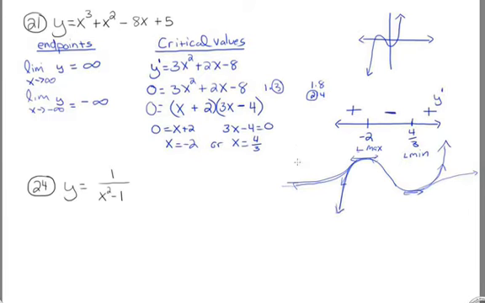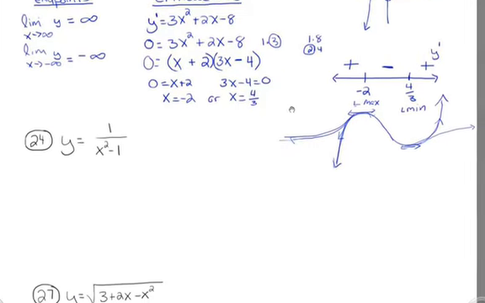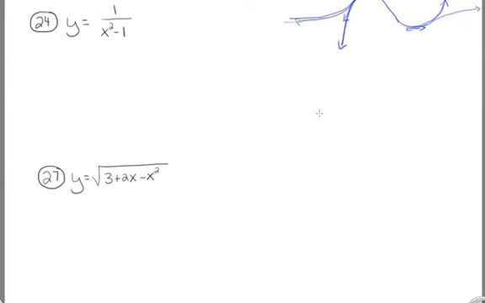So let's push on and do the next problem, even though we're at the 8.5 minute mark. And we'll do this one. We'll see if we can do it relatively quickly. So again, no endpoints to check, so that might be something I need to look into. So this is something I'm going to keep in my back pocket and look at. And then let's look for critical values. So let's take the derivative,